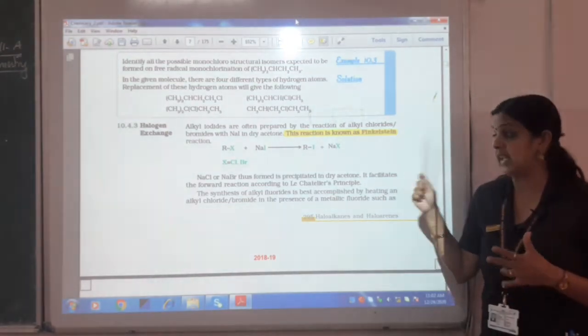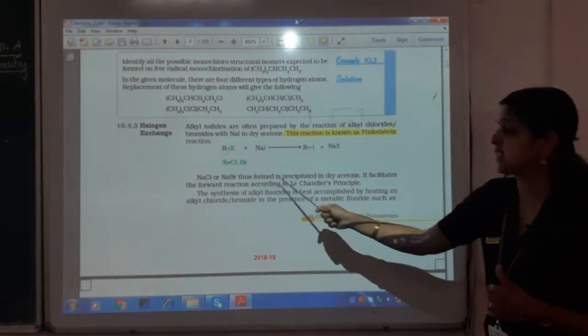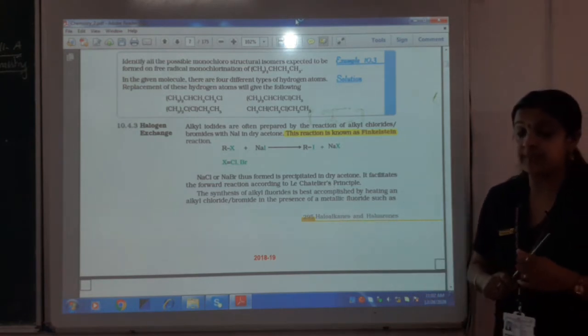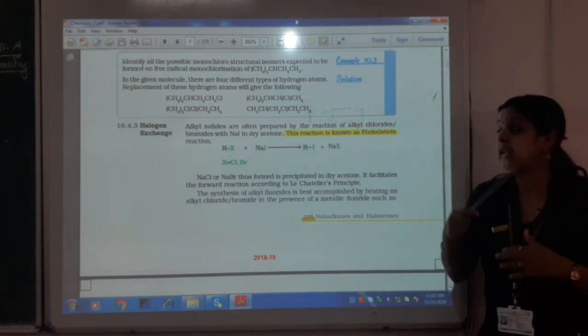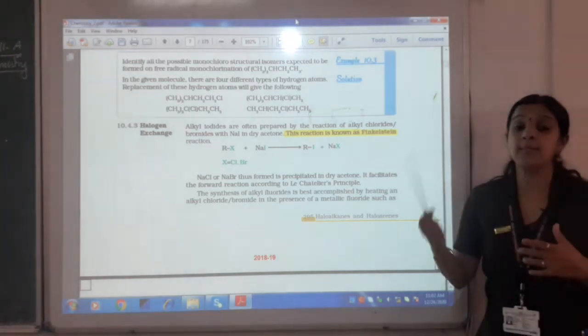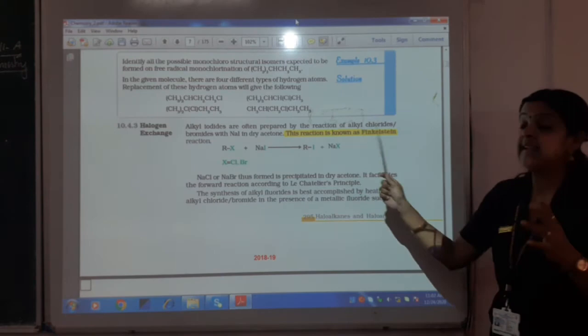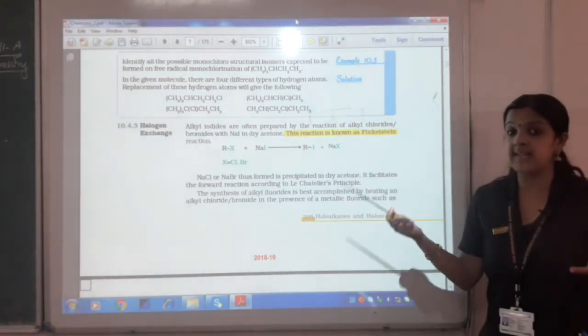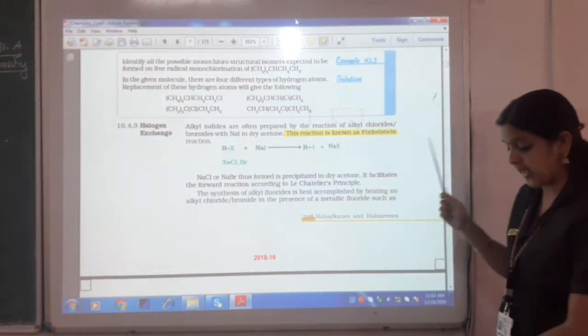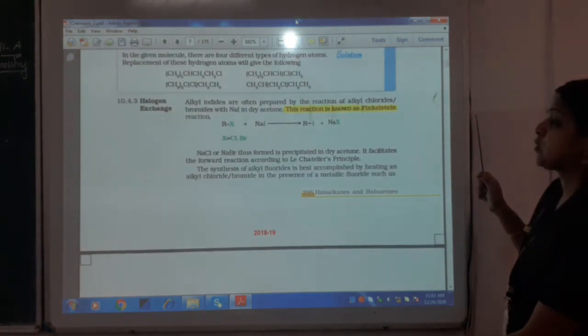Very important name reaction. Now it facilitates according to Le Chatelier principle. What is Le Chatelier principle? Depending on the pressure, temperature and concentration, the system will adjust in such a way that you get both the side balanced, reactants and products. Okay. The next one is